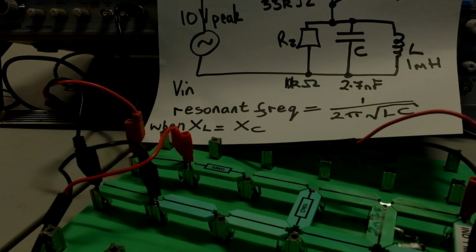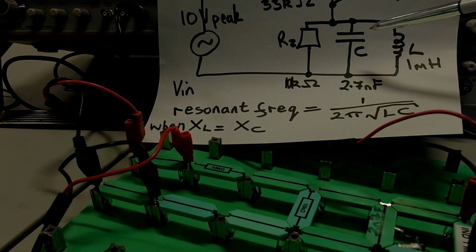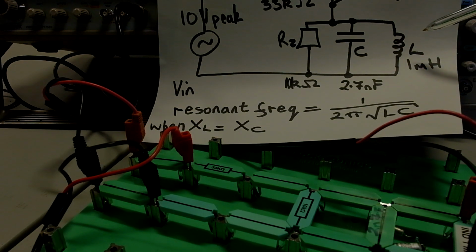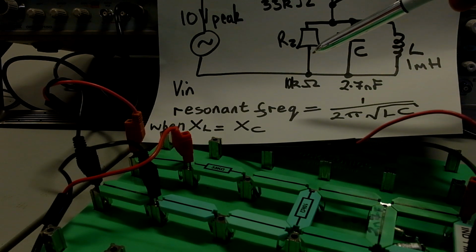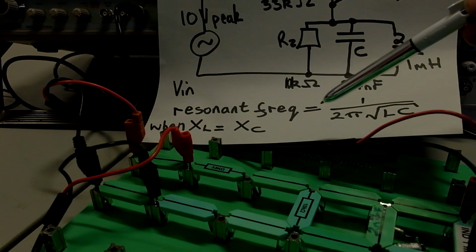Hi there. The purpose of this circuit is to explain a parallel resonant circuit. What do we mean by resonance? What we mean by resonance is that at this point here we're going to get an output voltage across this parallel network, and that output voltage will reach a peak at a particular frequency, which we call the resonant frequency. For frequencies below that value and above that value, the voltage will go down, and we'll get a peak at